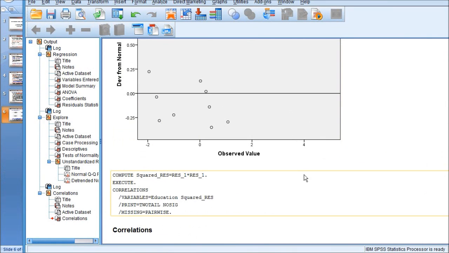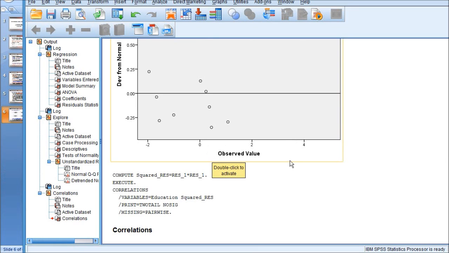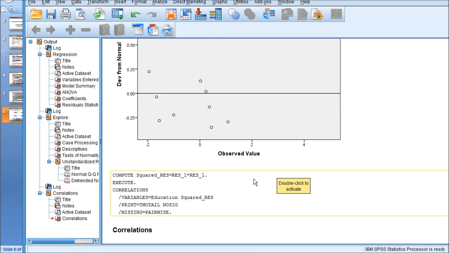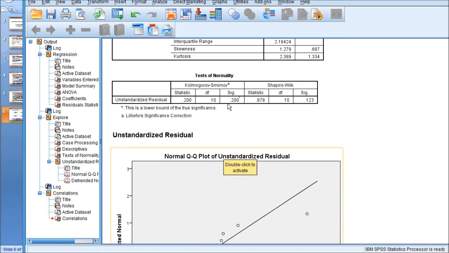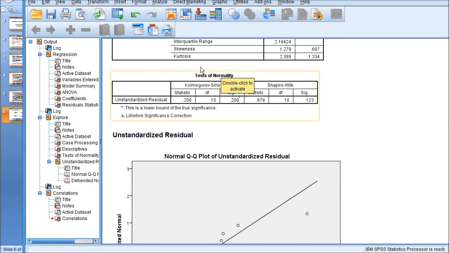Putting the test results of the assumption of normality of errors and homoscedasticity. This is to test the assumption of normality of errors.